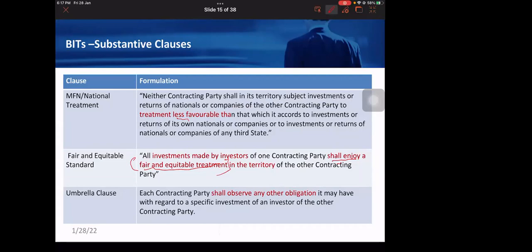host state, for example, says, it'll be very interesting to see how, for example, during COVID, mandatory lockdown, or employees should not be allowed. And if an investor wants to say, look, I've had a huge business disruption because of that, they may probably come under the umbrella clause. May not be fair and equitable or MFN, but the umbrella clause will help them to file a case against the host state for coming out with,